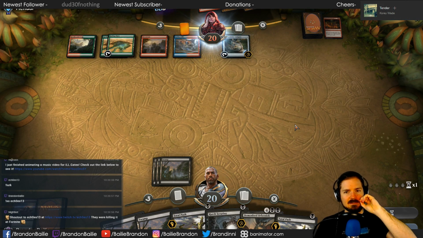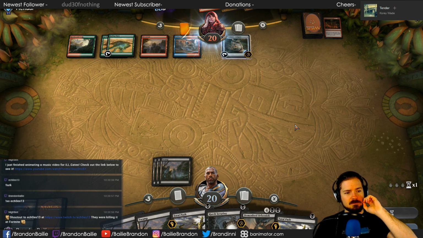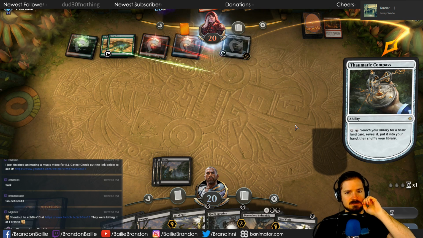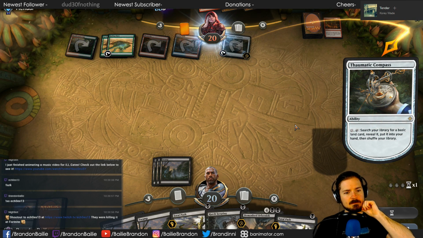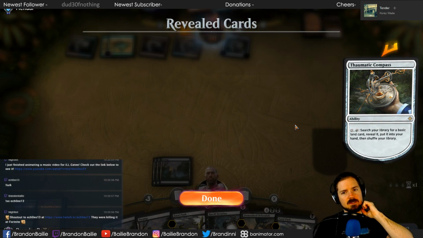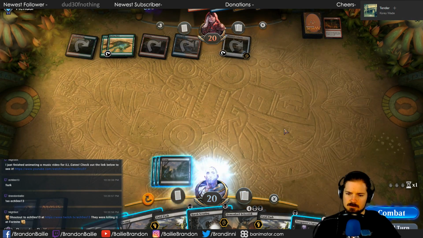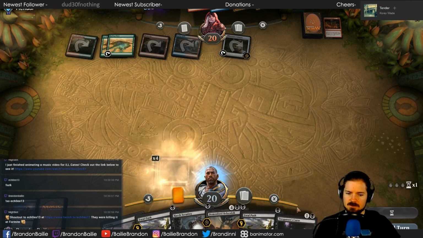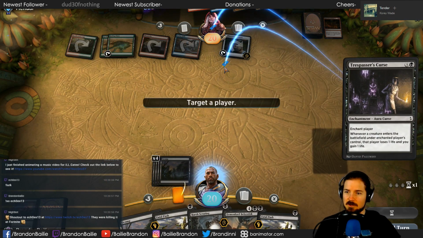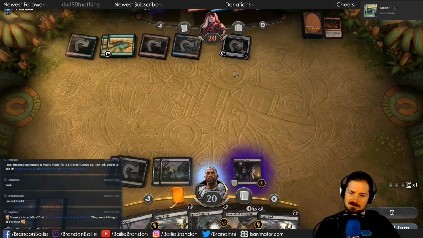All right, so it's another land. So we have to get like some just destroy target creature. Yeah. Put it into your hand, shuffle your library. Ooh boy. Ooh boy. I guess we could just do Trespasser's Curse. Although I don't think that's really going to do a whole lot.